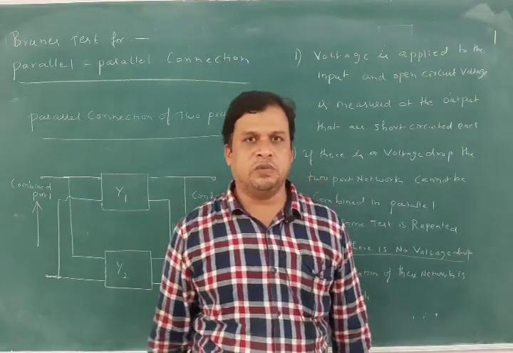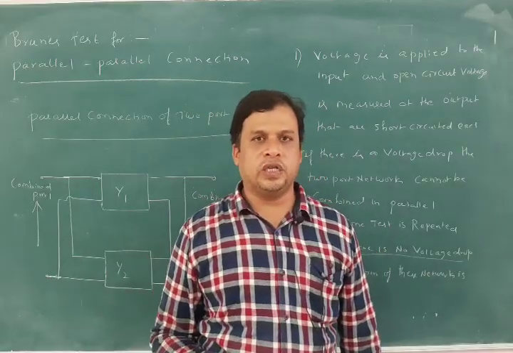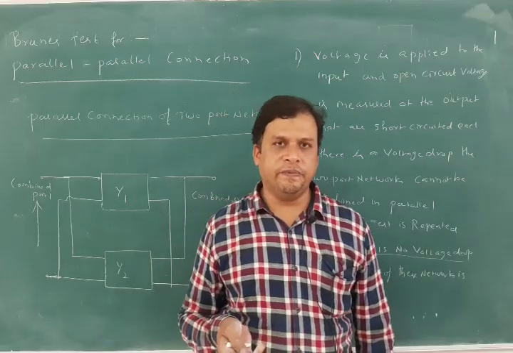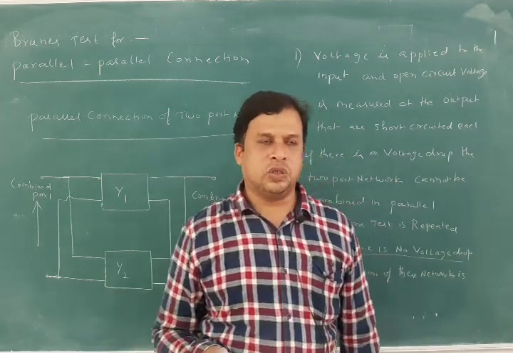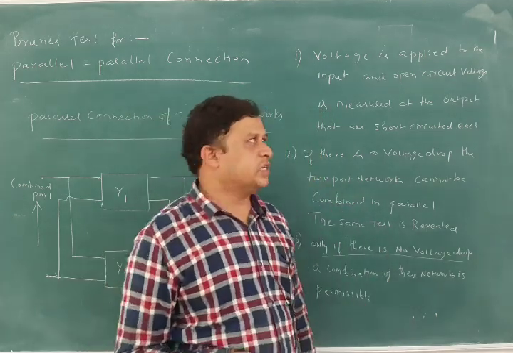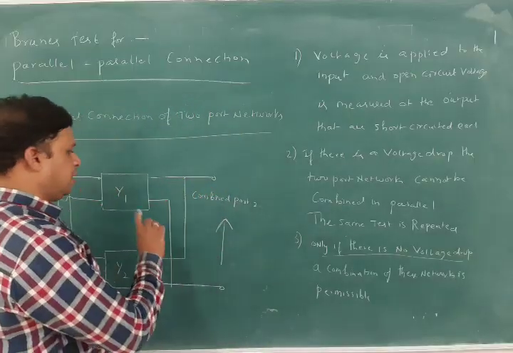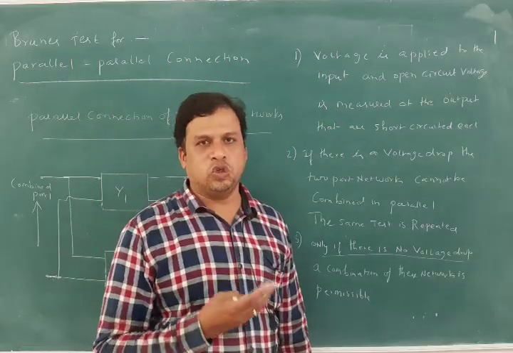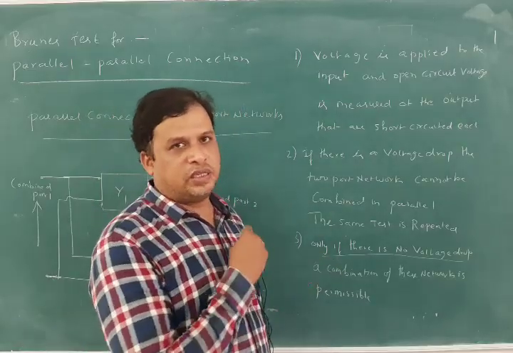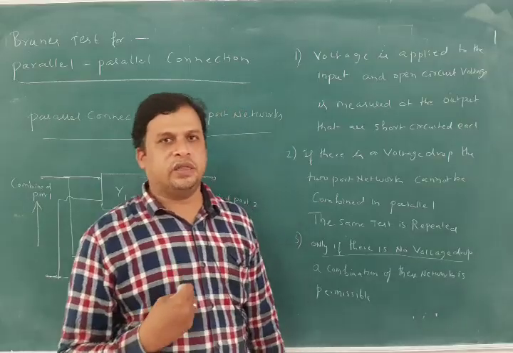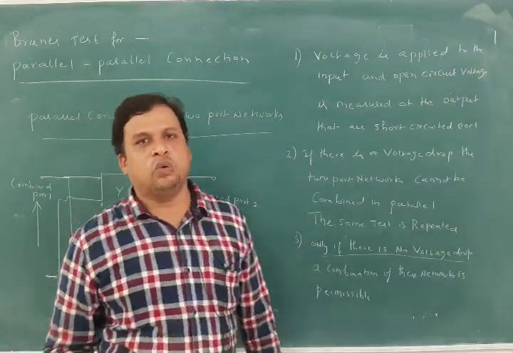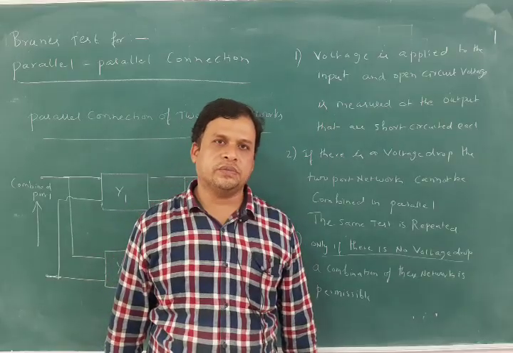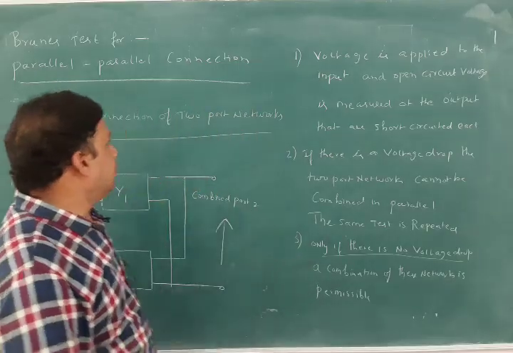The connection is permissible whenever we are having the voltage drop as 0, or no voltage drop, then only we can say that the parallel connections are permissible, the same way as we have done in the series connection. Here also we have to measure the voltages at the output side. If test 1 is over, then test 2 can be repeated from the other side. We are giving the applied voltage, and from the left side we are measuring the voltage and seeing that there is no voltage drop. Okay. So we will draw the diagram now.